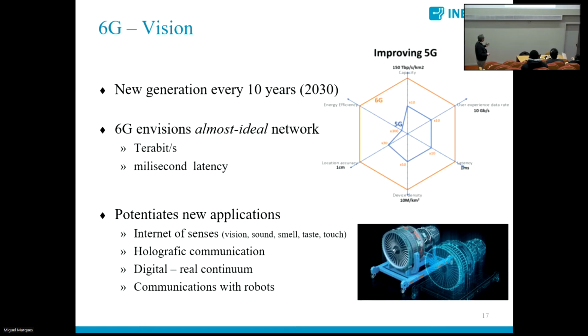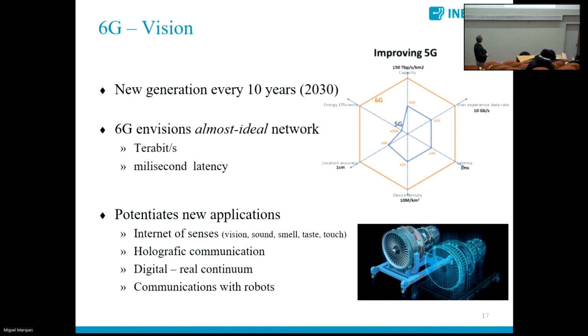But the objective is to increase the capacity of the network manifold from most of the perspectives: capacity, the user experience data rate, the delays, the number of devices supported, the location accuracy. So there is a large ambition, and 6G will see its capabilities increase typically by